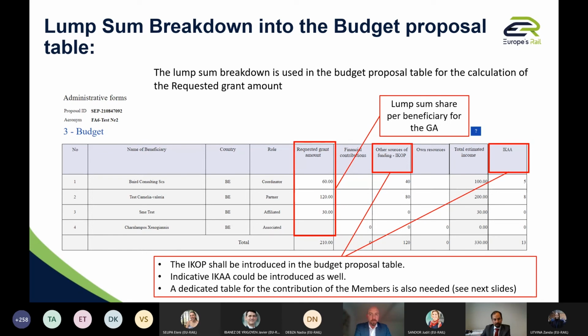Just for the avoidance of doubt, because I just noted, this is just an example from the financial point of view. Such a proposal will not be eligible because you can see that all countries come from Belgium. Just coming back to a question that was. Yeah, maybe you're right that the slide we prepared is not really representative in terms of country. Yes, indeed.